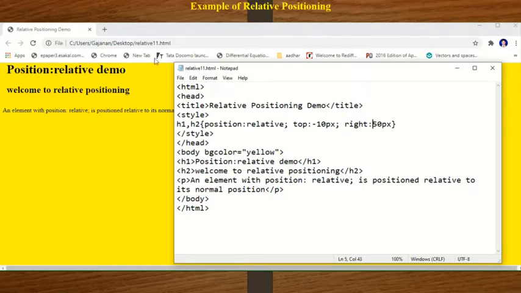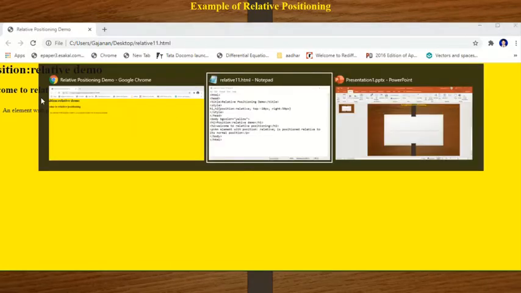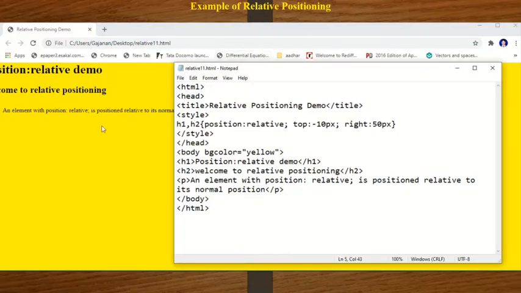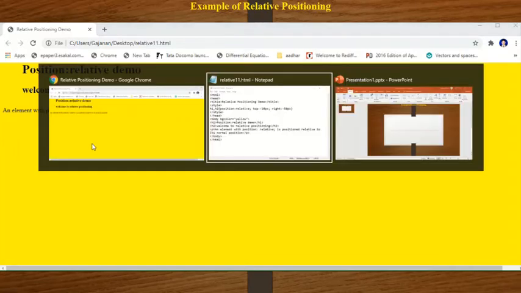Save this and execute this. So from the right side all the elements included with this positioning get displayed like this. Okay, clear? Suppose I want to use -50, save this document and execute this. So the elements of these two are arranged like this. Okay, clear? Understand this one?